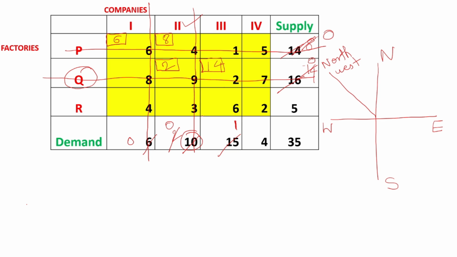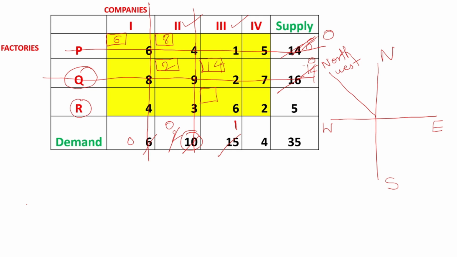Now from the remaining also, if you draw like this, you can clearly see this is in the northwest corner. So 6 will be considered as the next cell value for the calculations. So mark that cell which is having value 6 with the corner rectangle like this. And check it belongs to which column? Column 3. And it belongs to which row?